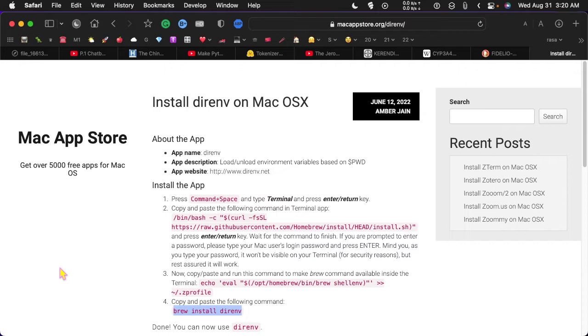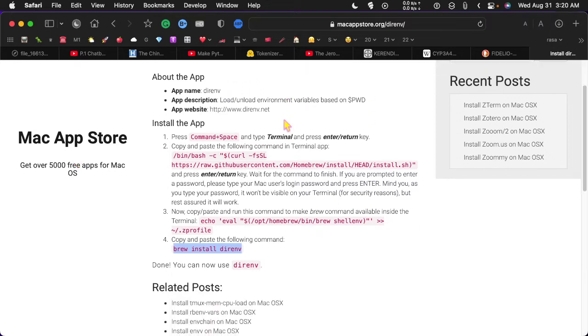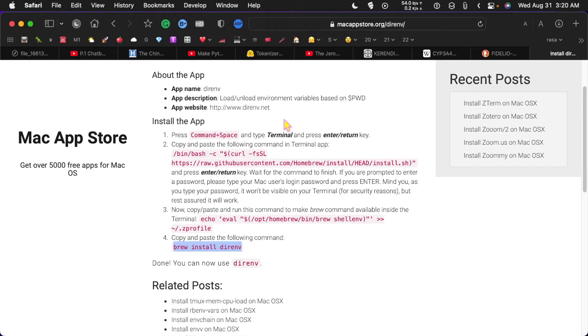in your .zshrc file or .zprofile. Anyway, here's an article on how to do this, and it says it's from the Mac App Store. I don't know, because it's using Brew to install it. Maybe this is just an information file. Not sure why it's on the Mac App Store, but